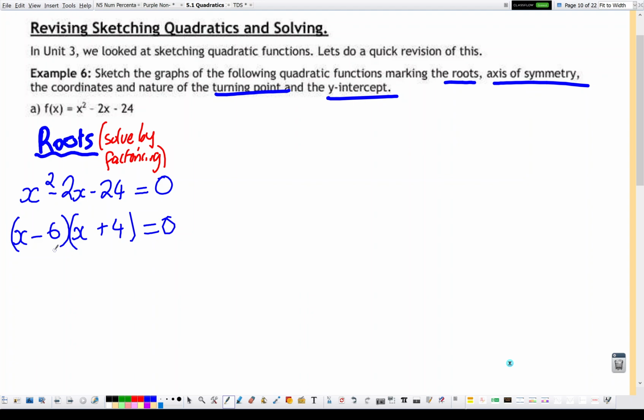That's my two brackets. And my two roots come from bringing these two brackets down. So x minus 6 equals 0, so x equals 6. x plus 4 equals 0, so x equals minus 4. So my two roots are at x equals 6 and x equals minus 4. So I've already got a set of axes in my head, and I'm marking on that I'm going to have one root along the x-axis at positive 6 and one at minus 4. Okay,